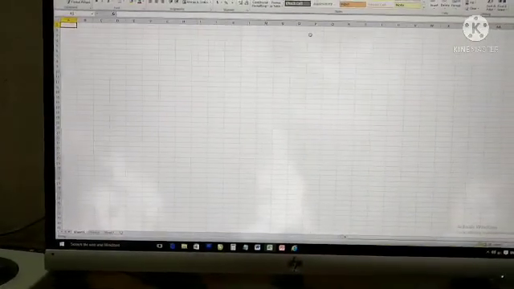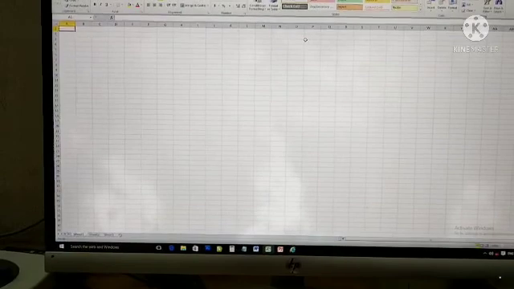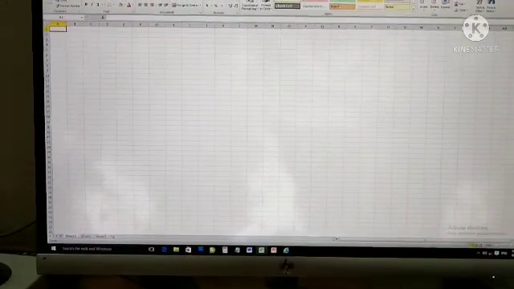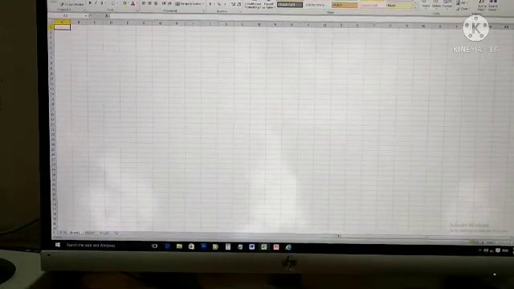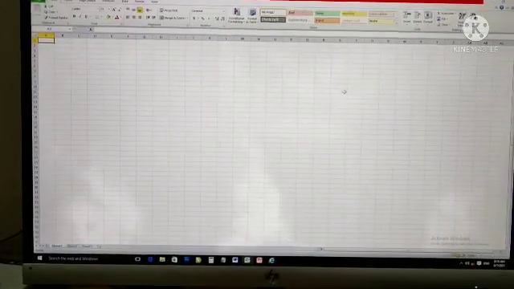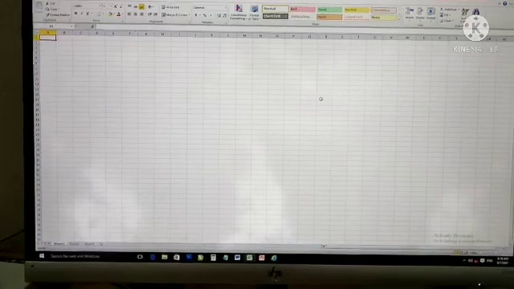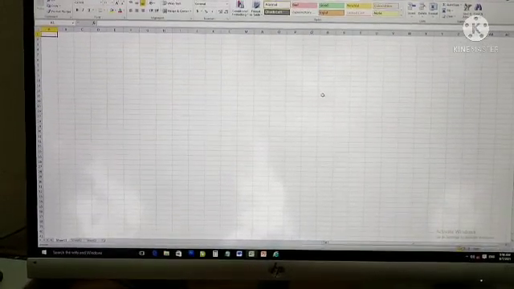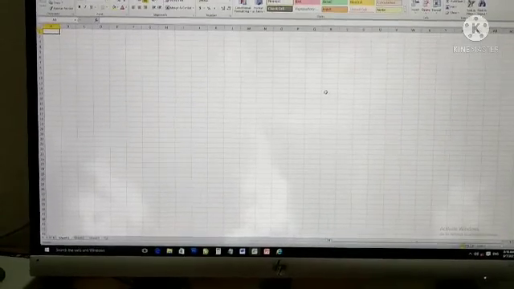So, what is Microsoft Excel? This software is known as Microsoft Excel. Microsoft Excel is a popular spreadsheet program that allows us to enter large amounts of data in rows and columns. It helps us to perform mathematical calculations on stored data.